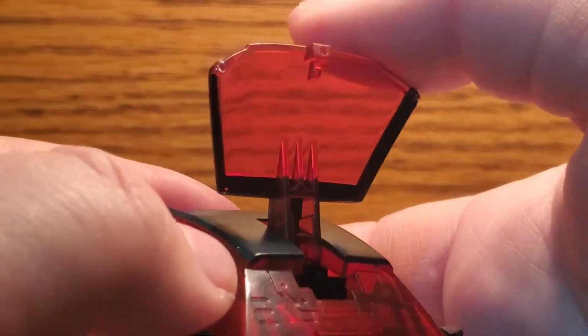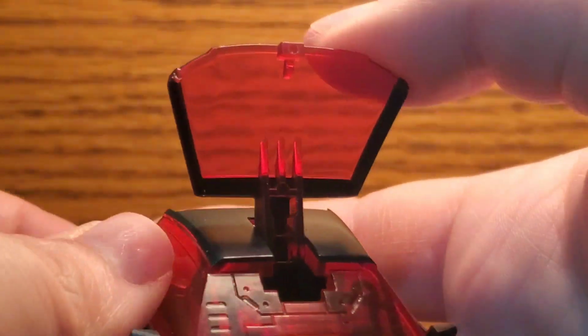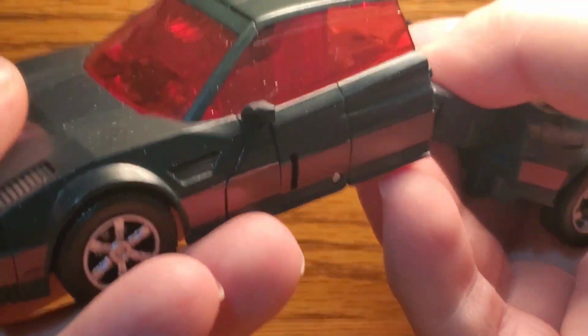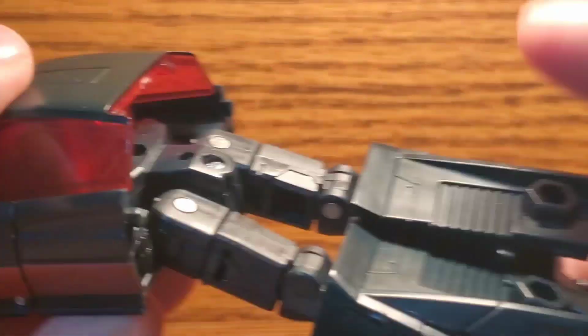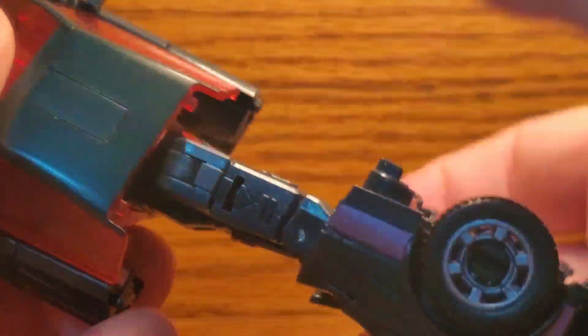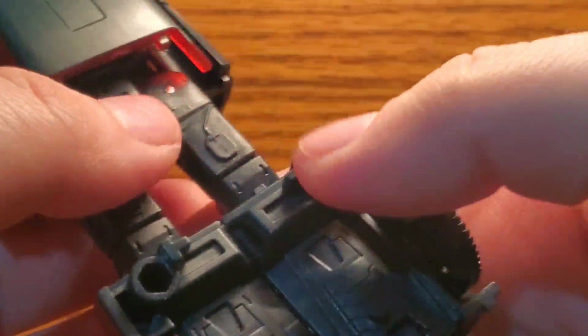Once you do that, you can bring down this actual windshield assembly to connect into this hole. As you can see, there's a tab there and a hole there. Just tab that all together, and that'll keep the front of the car all nice and secure in vehicle mode. Next, as you saw previously, you want to rotate at the waist so that you can actually transform the rest